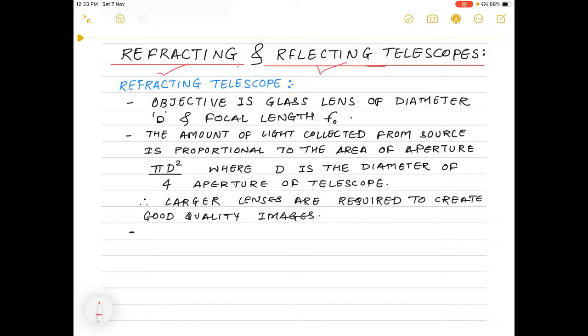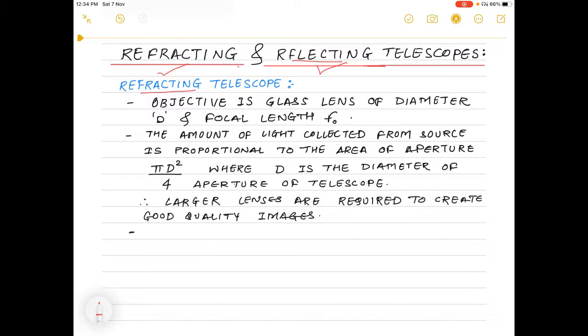These names are very much self-explanatory, the refracting telescope and the reflecting telescope. Which phenomenon is going to happen with the light rays entering these optical telescopes, we can tell only by looking at these names. So first we'll see the refracting telescopes. What is a refracting telescope? When light enters through the objective of that telescope, that light will undergo refraction. So the objective of a refracting telescope is usually a lens, which is a convex lens, or a glass which has a particular focal length.